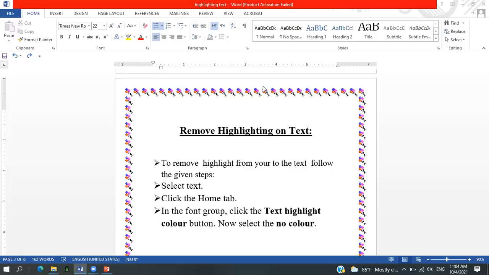So here you can see this is the text I have. Let's suppose I want to copy this text. I first need to select the text. Using my cursor, I select the word, and you can see that when I select it, in the clipboard area the copy option is there to make a copy of the selection, and the paste option is also there. So first I go for the copy option, and you can see the shortcut key appearing here, Control plus C. When I click on it, it is copied.